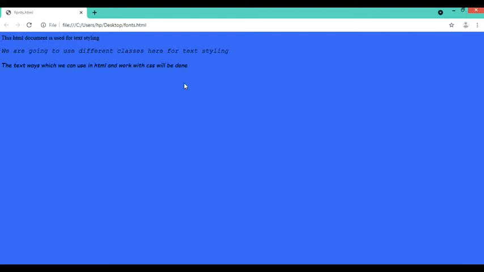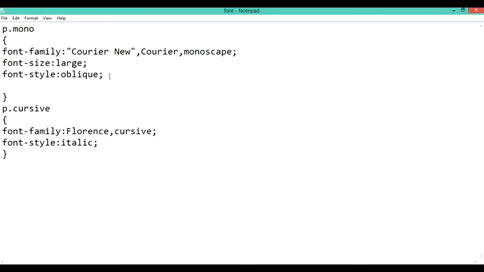Another property that we can use with text is the font weight. Like as we were using the style to make it italic or some other form, we can also make the font lighter if you want to see the text just in a lighter form. So as you can see, I've used lighter over here. Whenever I refresh this code, you can see that the text printed is in a lighter form.